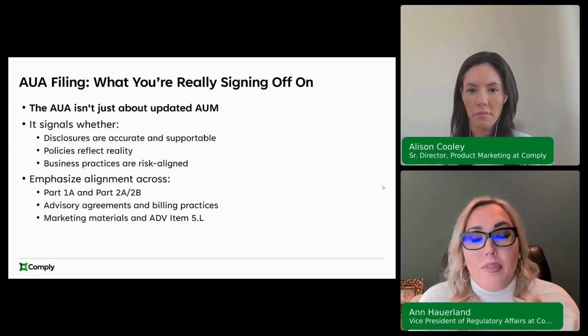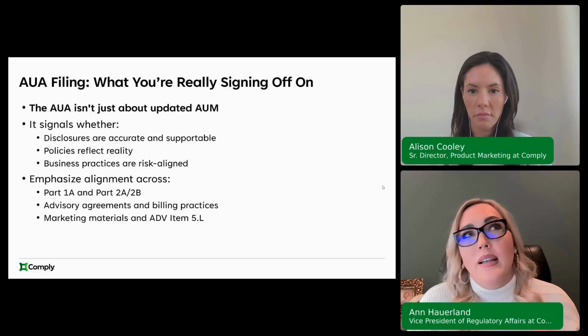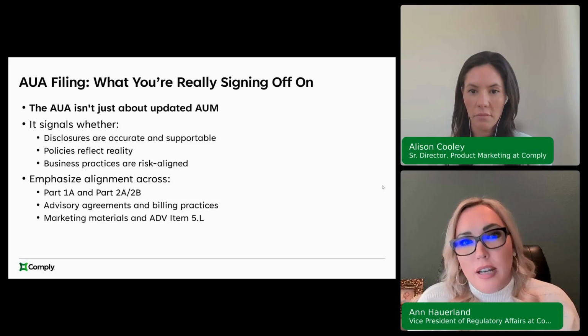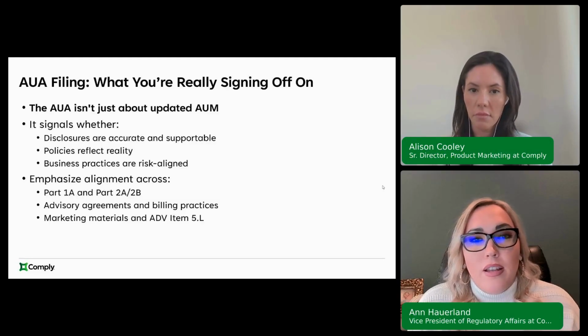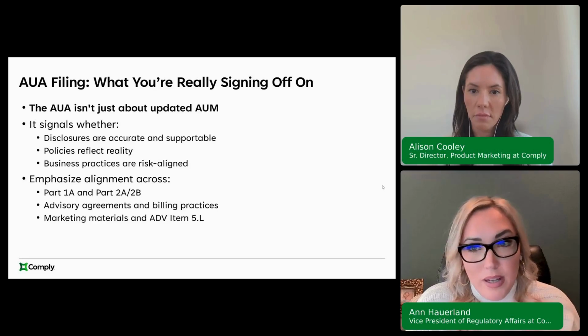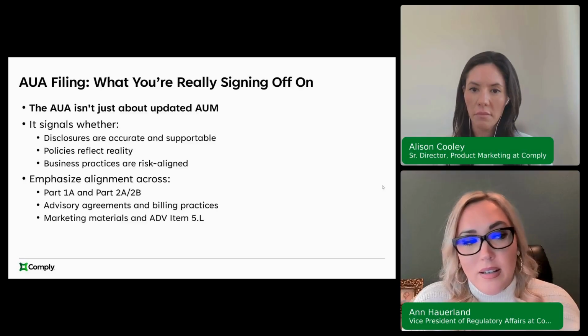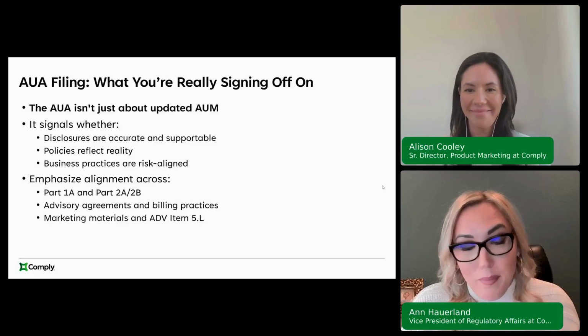And think about, as you're going through each annual updating amendment season, how you can be more efficient at calculating your assets, understanding your clients, and how to categorize them: what your assets are held under, with, and categorized as. I see some firms fumble over a different process every year. So my advice to you would be, as you're going through this season, write down your process. Think about the dates that you get information, because